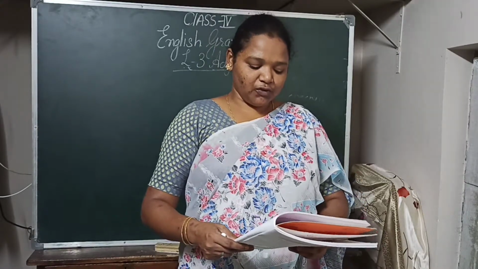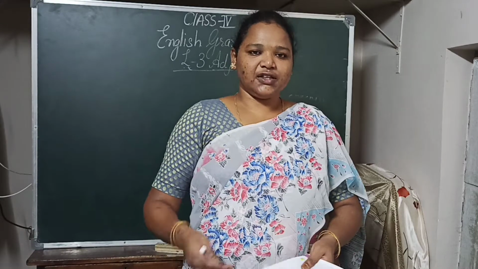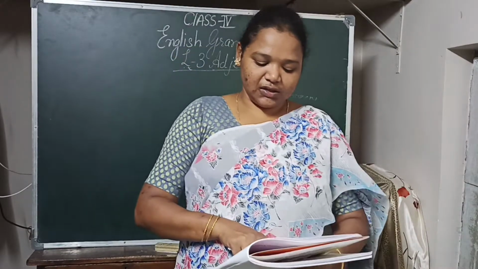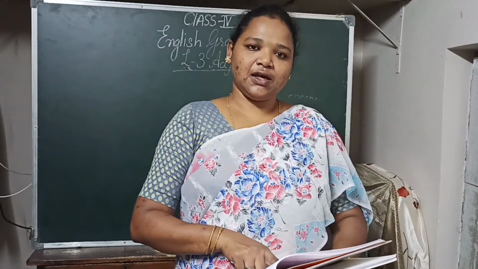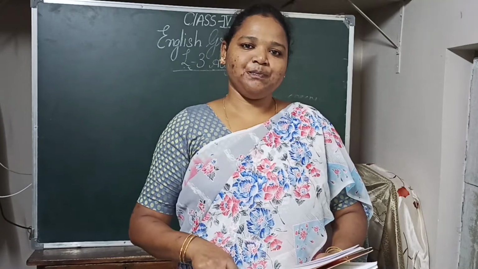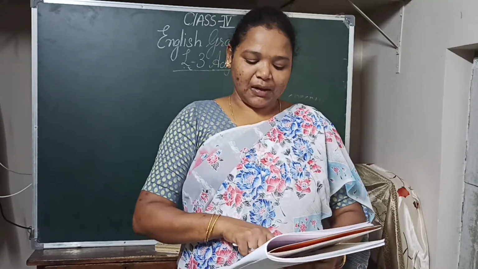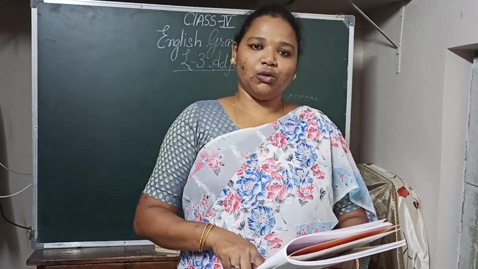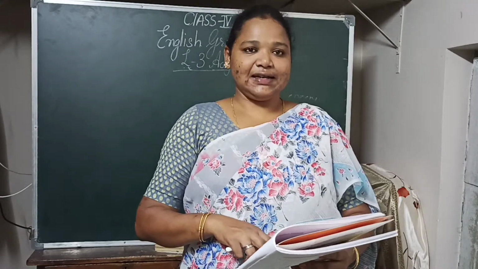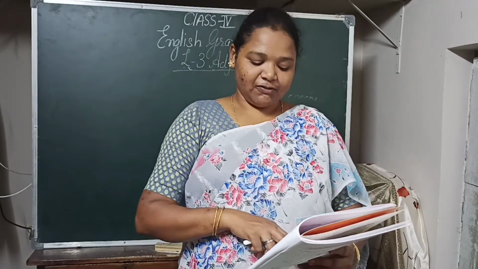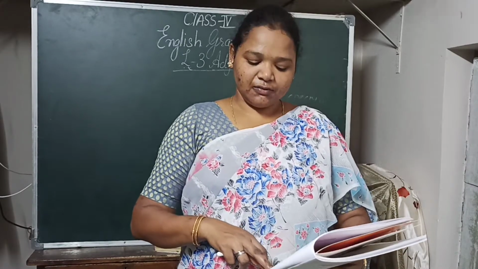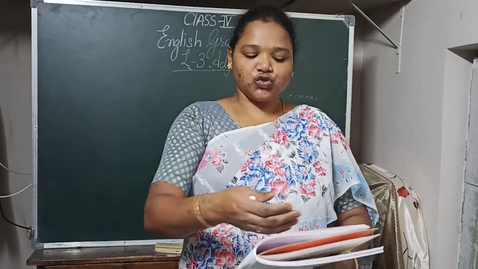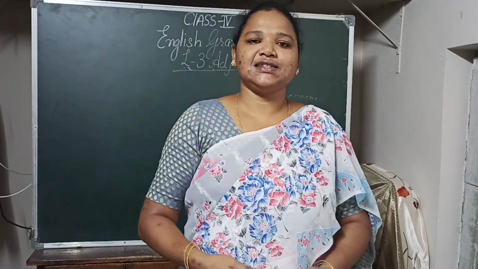And some adjectives do not follow any pattern. They do not follow adding er or est, like that. Like the word good: in comparative degree it becomes better, and in superlative it becomes best. Then much, many, more, most; old, older, elder, oldest or eldest; little, less, least; far, further, farthest, furthest; then bad, worse, worst. So we have to learn this table properly.